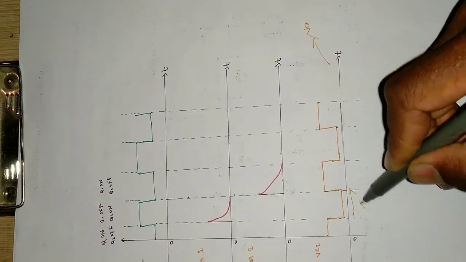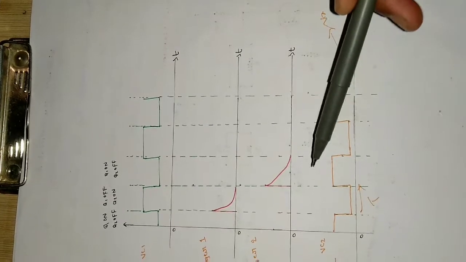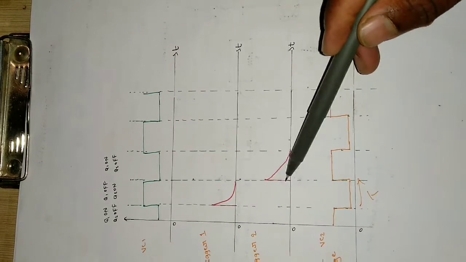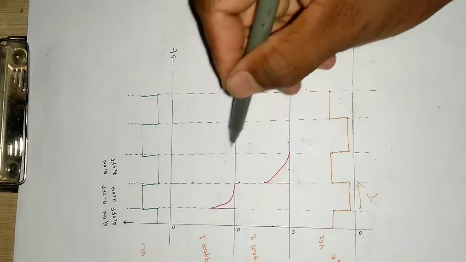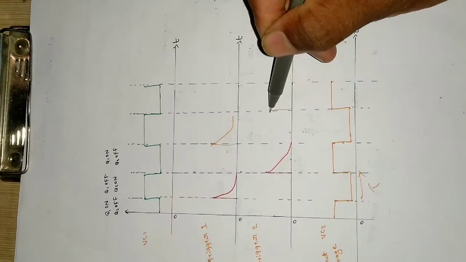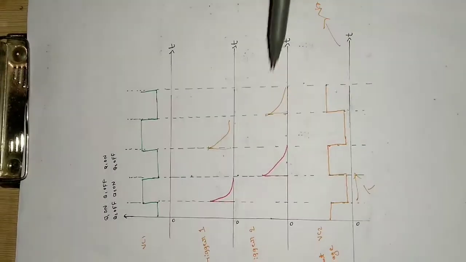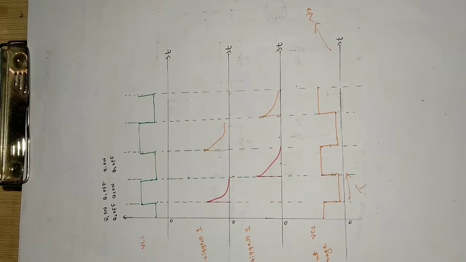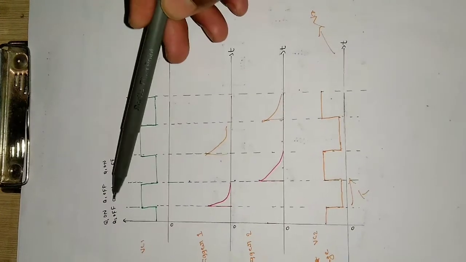Okay, so until time period t it will be low, and when you apply another pulse, then it will go to the high transition, so it is moving from low to high due to this pulse. And if you want to make the transition from high to low again, then you need to apply a pulse here. So if you want low to high again, then you need to apply the pulse again. So like this, depending on the applied pulse, the output will be changing. So if you want to make the high to low or low to high transitions, you need two pulses. So that is for Q1 and for Q2. And again here, it will be alternating.